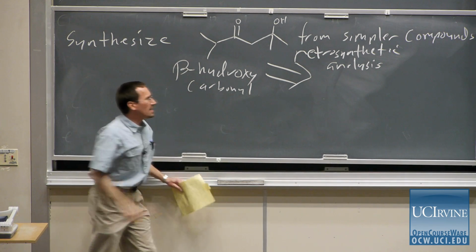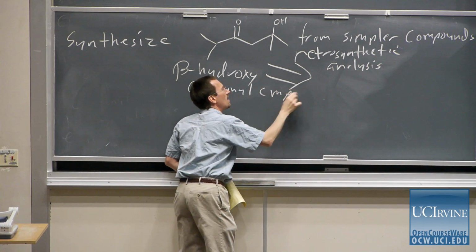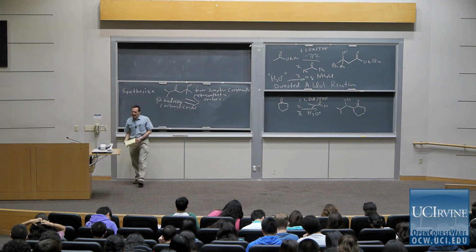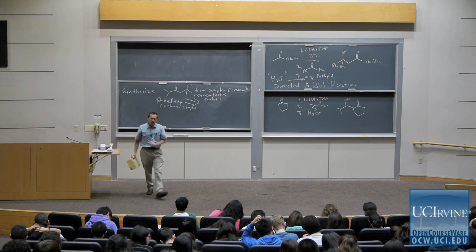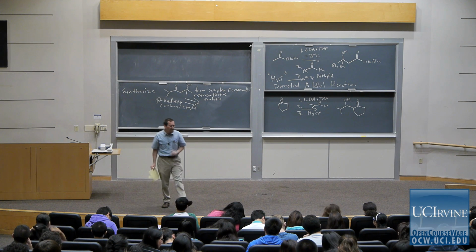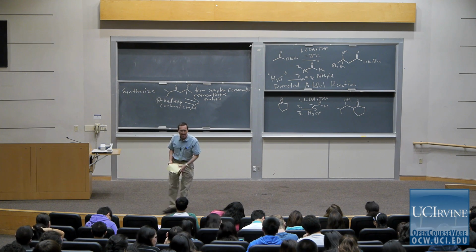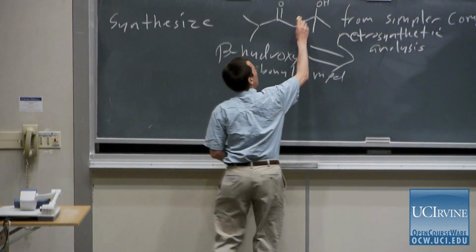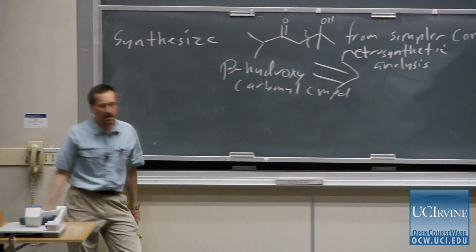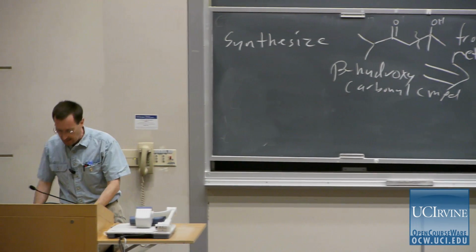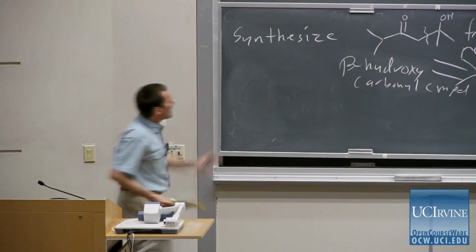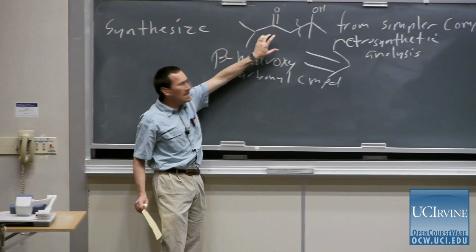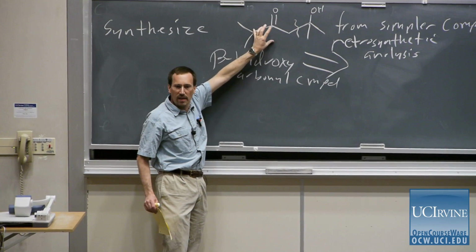And when we see a beta-hydroxycarbonyl compound, immediately that should clue us in. The bond between the alpha and the beta carbon can be made by an aldol reaction. And so I look at this, maybe I draw a little squiggly line here to remind myself, and then I look and I say, oh, wait a second, we've got this ketone on the left,